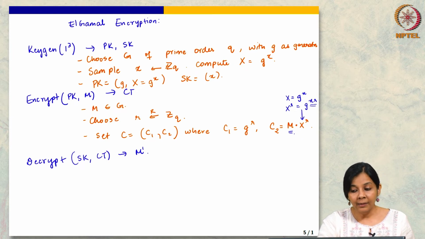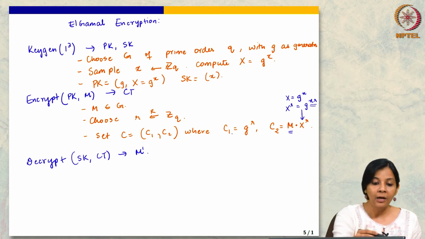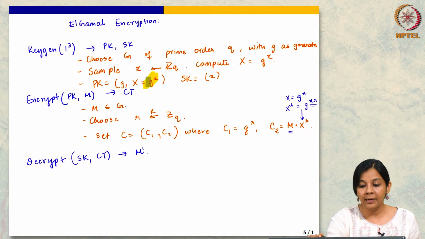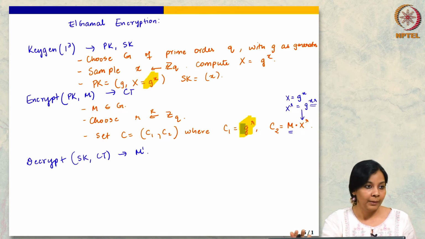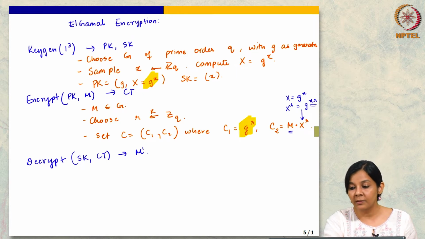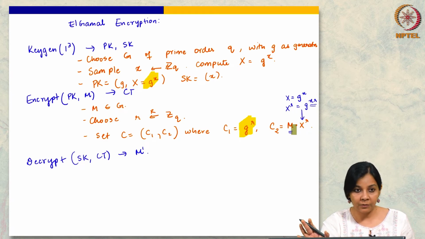And the DDH assumption lets me give out g to the a, g to the b, right. So it is not a problem here that g to the x and g to the r are also output, right, because the DDH assumption tells me that given g to the x and g to the r, g to the xr is indistinguishable from random. The whole tuple is part of the distribution.